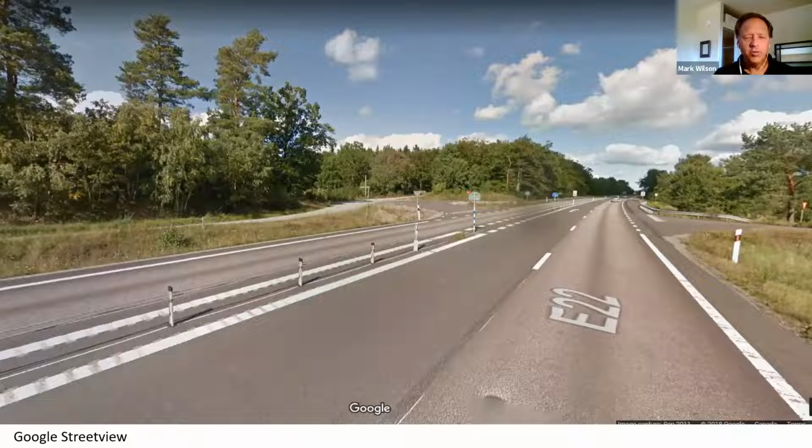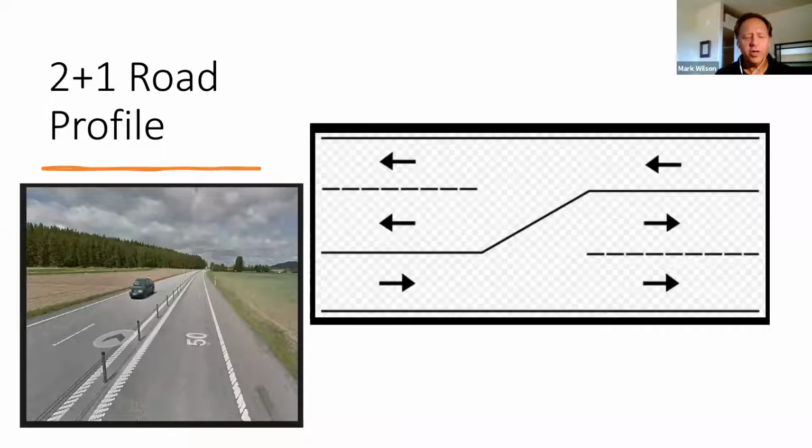The 2+1 profile alternates on a continuous basis every 1 to 3 kilometers, which allows each direction of traffic many opportunities for overtaking slower vehicles. The general goal is to allow passing opportunities for approximately 40% of a driver's journey. In some cases, the profile may be a 1+1 profile where the terrain is difficult, such as areas where there are rock outcrops, and significant blasting would be required to make room for an extra lane.